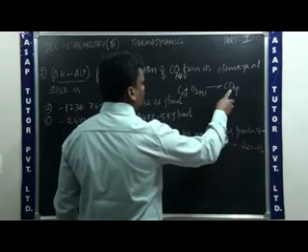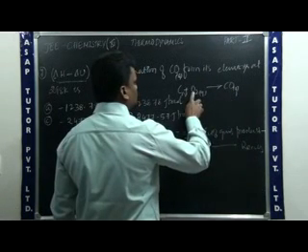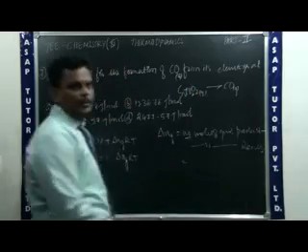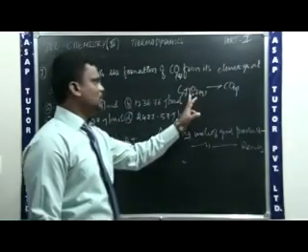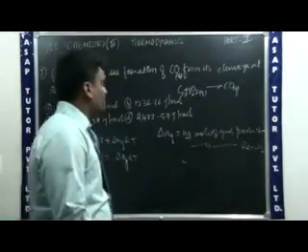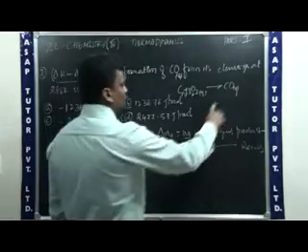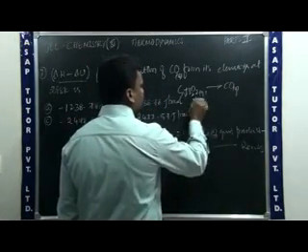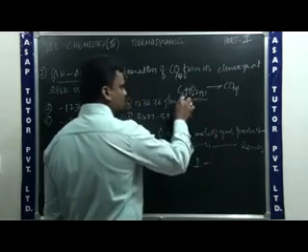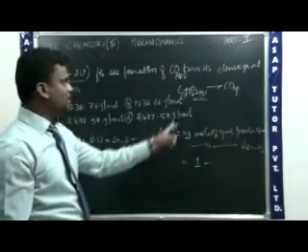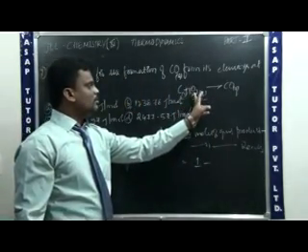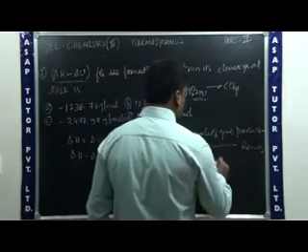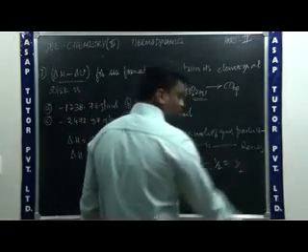There is 1 O here and 2 O there, and there is 1 carbon. Therefore I need to multiply by half. If you multiply by half, it will become a single oxygen atom. So now the number of moles of gaseous product is 1, minus the number of moles of gaseous reactant. You should not consider the carbon, as it is in solid state. So the number of moles of gaseous reactant is only half. Therefore 1 minus half is equal to half.